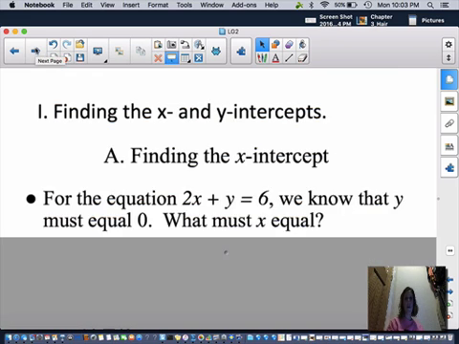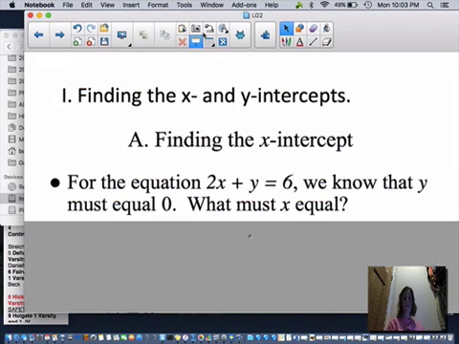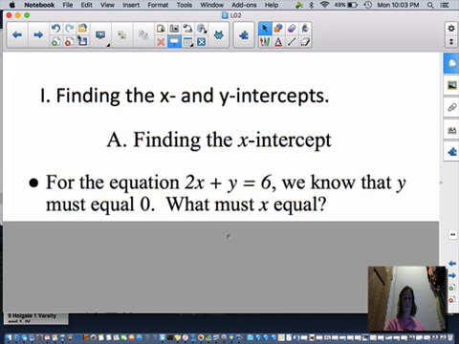Alright, so first, finding the x-intercept. For the equation 2x plus y equals 6, we know that y must equal 0. Now, why do we know that? Because when we graph x and y intercepts,